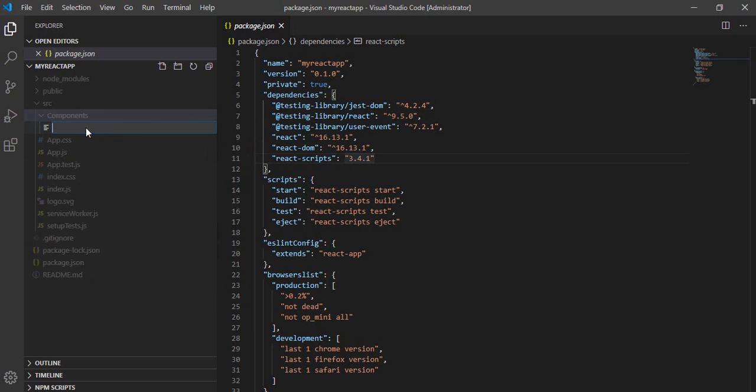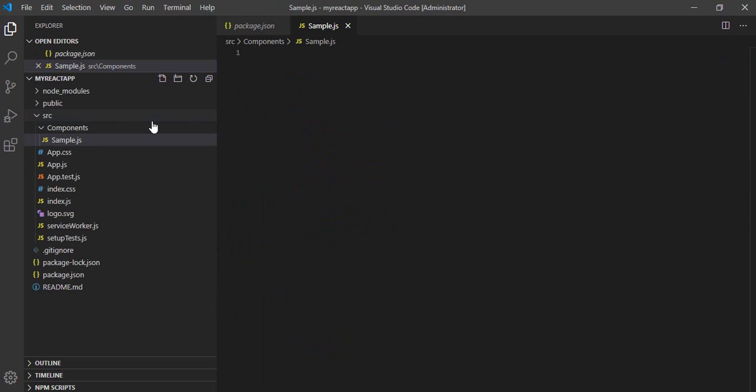So let's start with one JS. Let's name that as sample JS. So I just added one JS file. Now if we would like to build any component for React, then we have to import the React from React. So this should be our first line, and under this I'll be writing Component because I'm going to